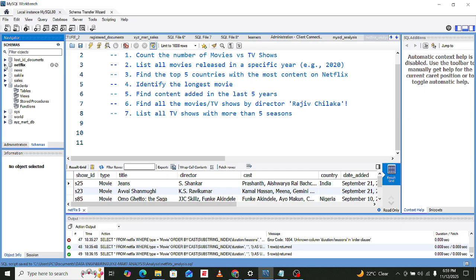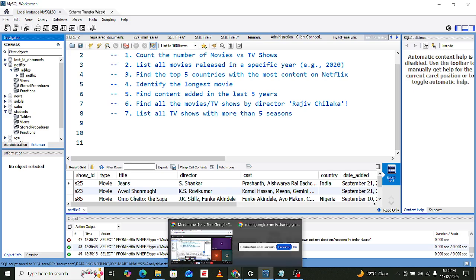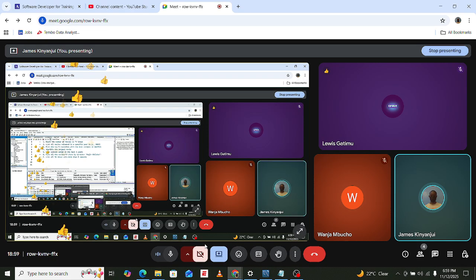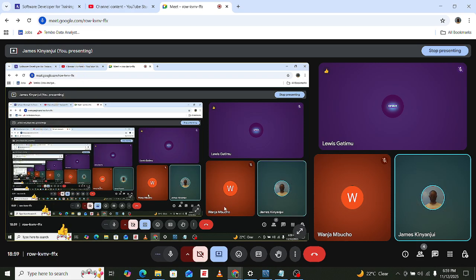I'm assuming that you guys now know how to upload data, that is the Excel files, to this workbench. You can just confirm that so that I don't assume.